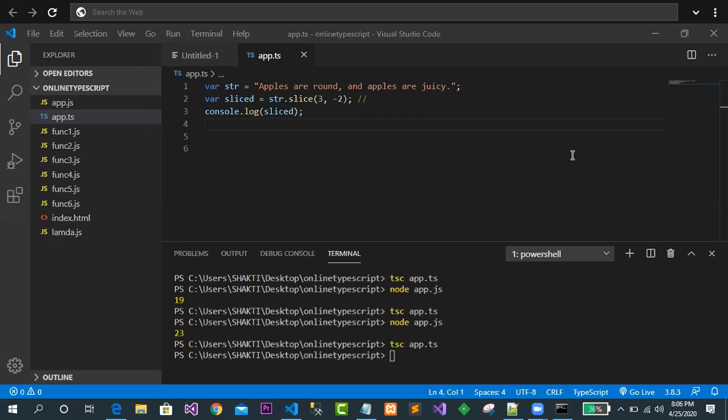The starting point is 3. Pavitra is telling "app delete." No one. Siti, Puja, Hima, Swamprabha.